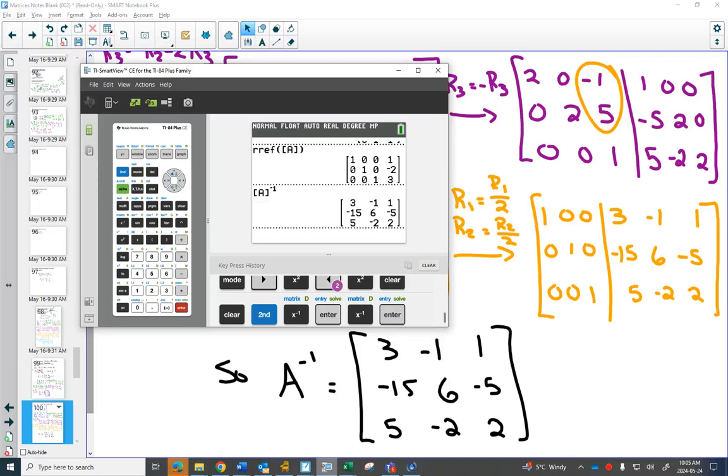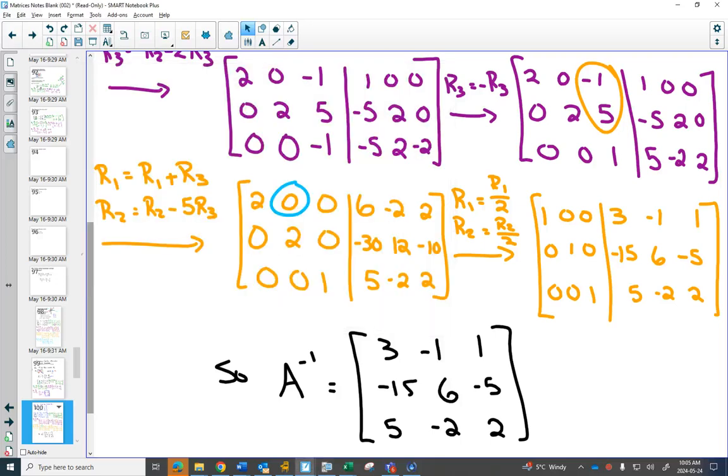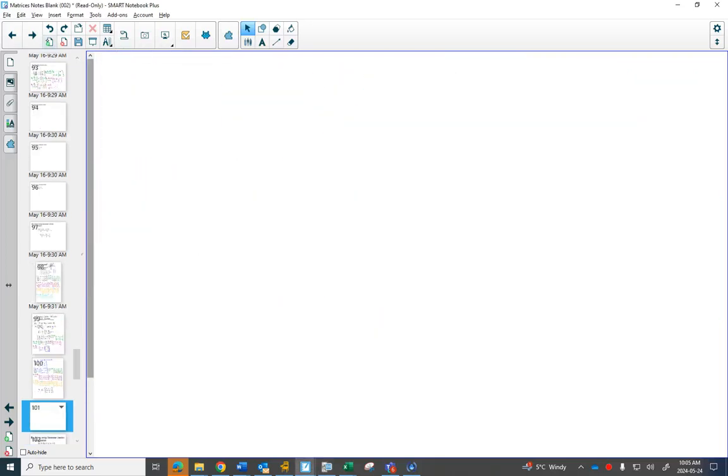Okay, I have one for you to try. Also will have nice numbers. Your matrix